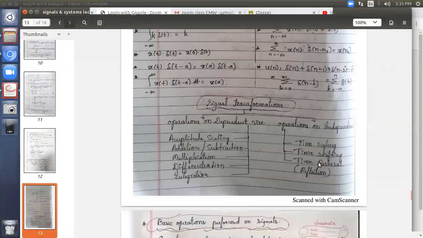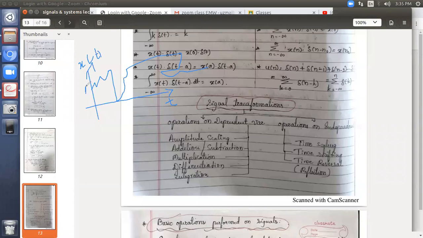Today, let us deal with the title Signal Transformations. Under this title, we have to see the different operations performed on the variables. If you observe any kind of signal, let me take one example of my voice signal, speech. If this is the signal, say x of t, and this is the variable time, assume this is my voice signal, how it is varying.